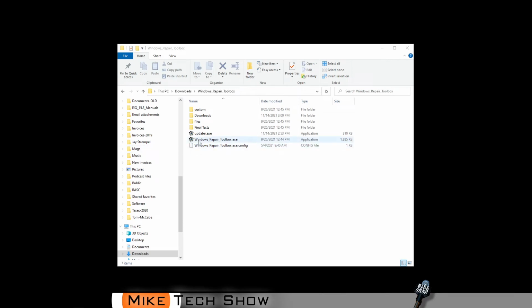The next app I'm actually going to demonstrate. She also adds, and I use it through the Windows Repair Toolbox tool. I'm going to have a link for that. So right now, I'm launching this from the Windows Repair Toolbox. And now I'm going to share my screen. Windows Repair Toolbox is a portable app. Just download it, unzip it, and